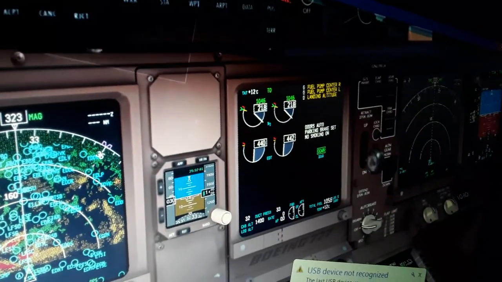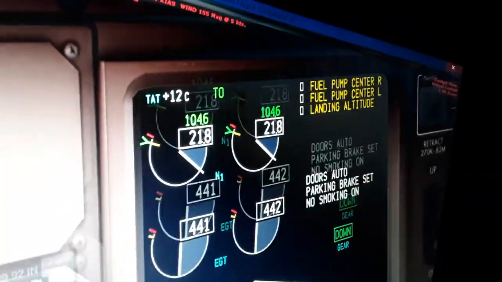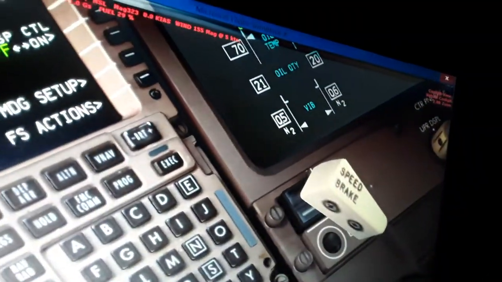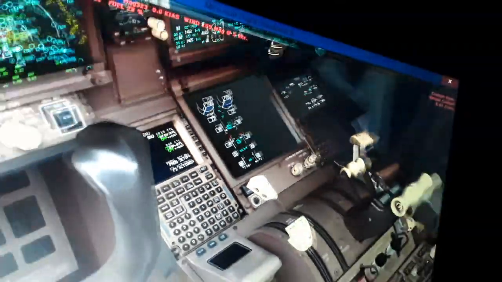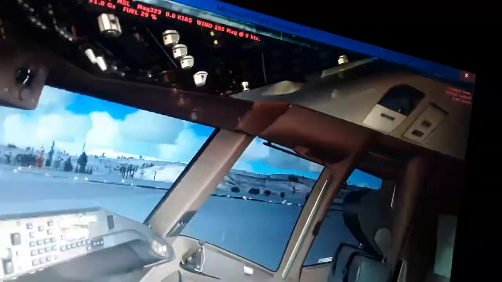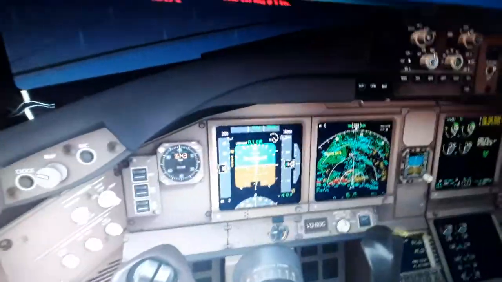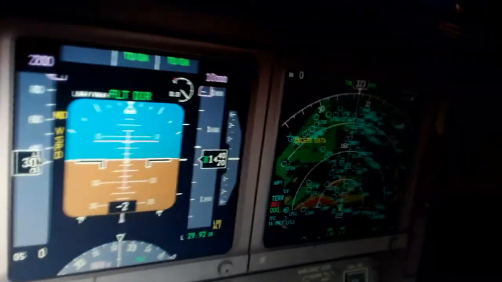Here are the operators. You can see the engine limits and some factors here. I will start showing you the primary flight display first. So you can see here in the primary flight display, as I told you, we have